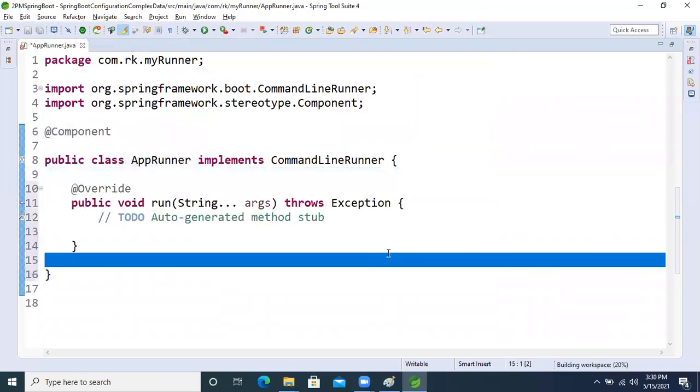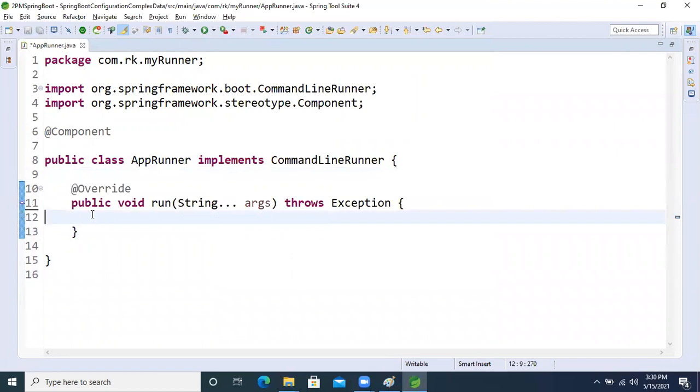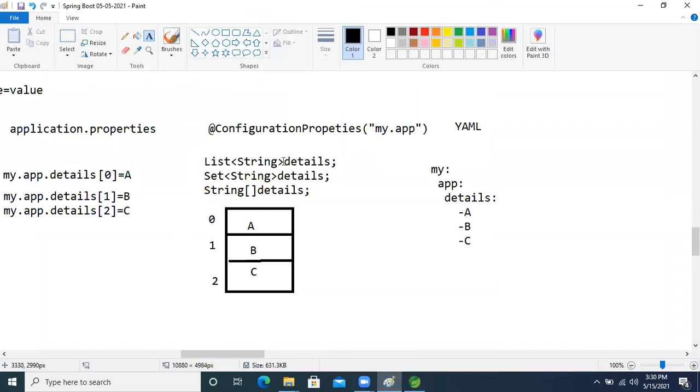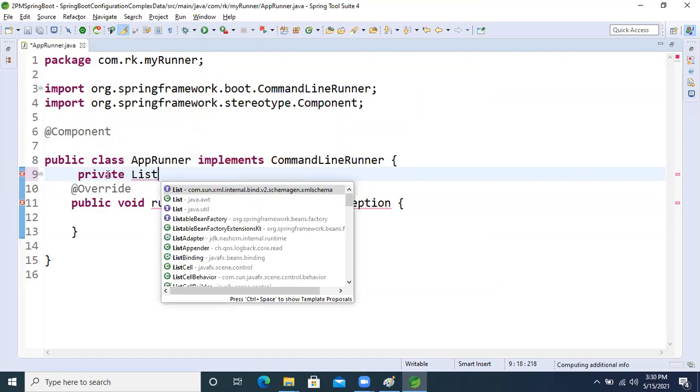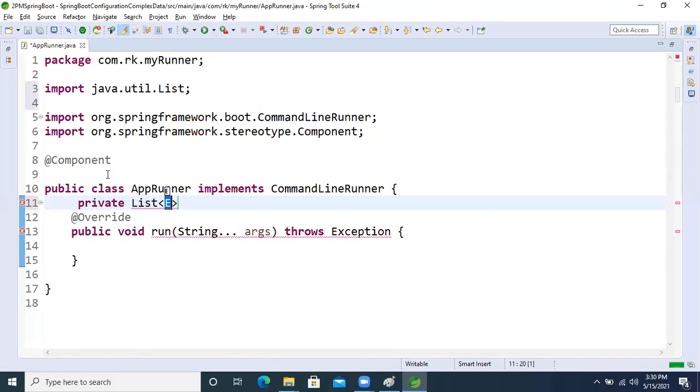Okay, so now fine guys, same attributes, come inside that: list string details, set string details, string array details, we will see everything in the same way. Here I'm going to write private List, List of String, details.